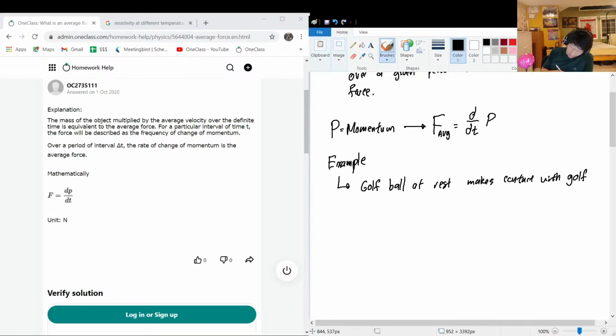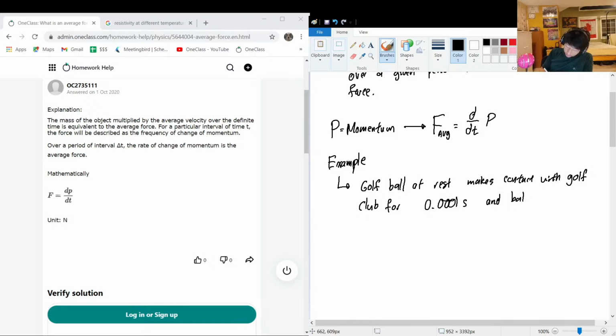I've never actually played golf. It's in contact for 0.0001 seconds, because even if you are just hitting it momentarily, there is a moment where they are in contact. So it's for 1/10,000th of a second, and